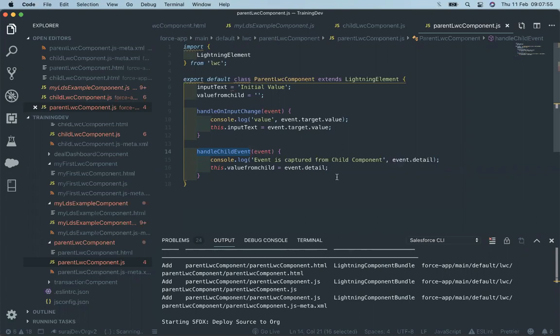So in this way we are working. Whenever we have to pass the value from parent to child, we just have to declare the value at the API, but whenever we have to pass the value from child to parent, at that moment we have to take the help of an event. So that is all about it.